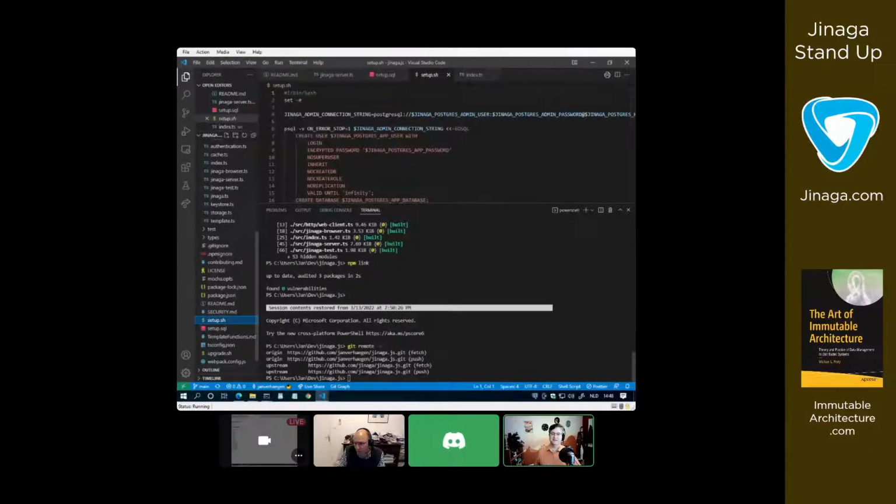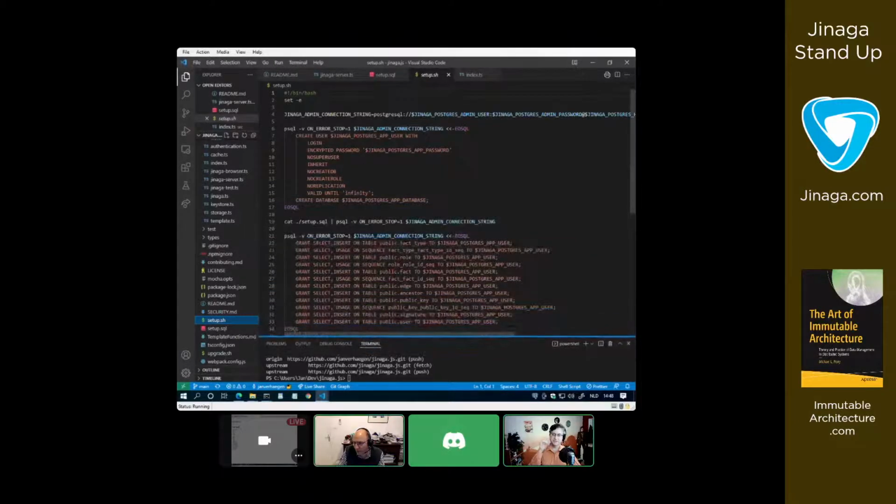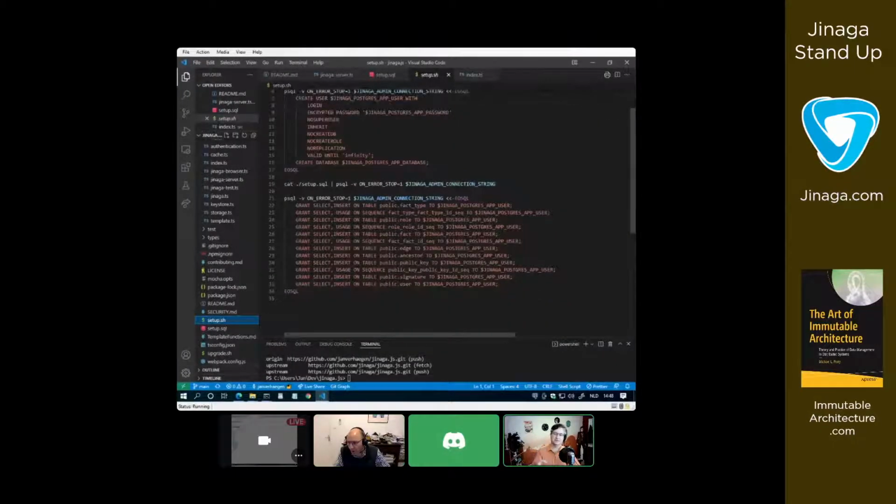This one then. Yes. So if you run the shell script in order to set up the database, you can see it creates the user, runs the setup SQL, and then it does all of the grants. All the grants. Yeah, so that's what you did manually, except you didn't have the grants on the sequences. And what are these sequences? Those are the objects that generate the incrementing IDs. Okay, yeah.